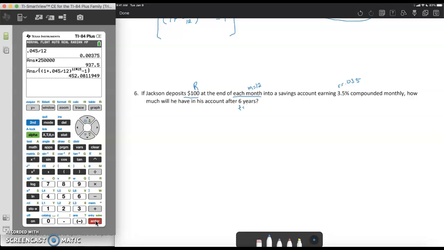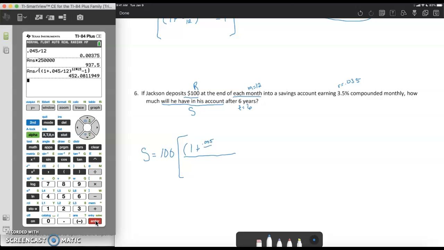So time is 6, and we want to know how much will he have in the account, and well, that's the future value, big S. So in this case, I'm going to use the future value annuity formula. So solve for S. S equals 100 times giant bracket with a fraction inside. On the top of that fraction, we do parentheses 1 plus, then the fraction